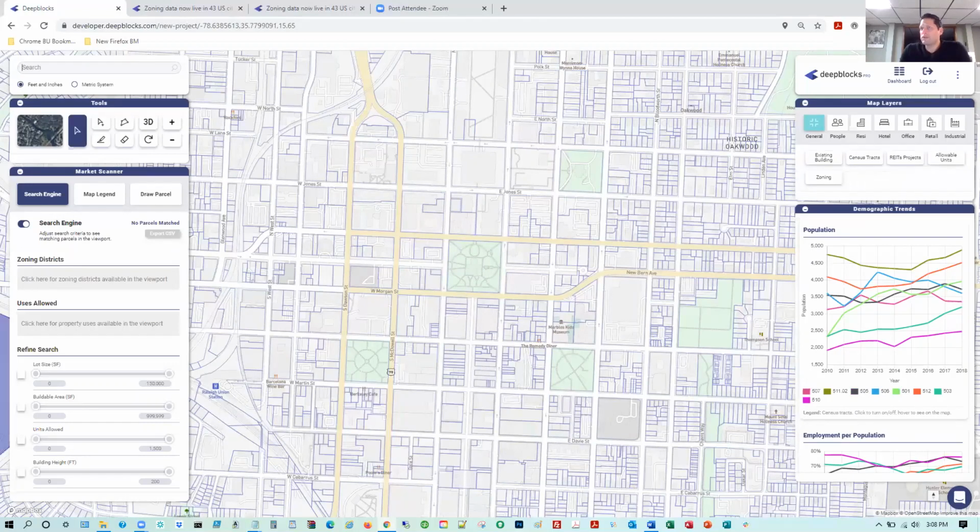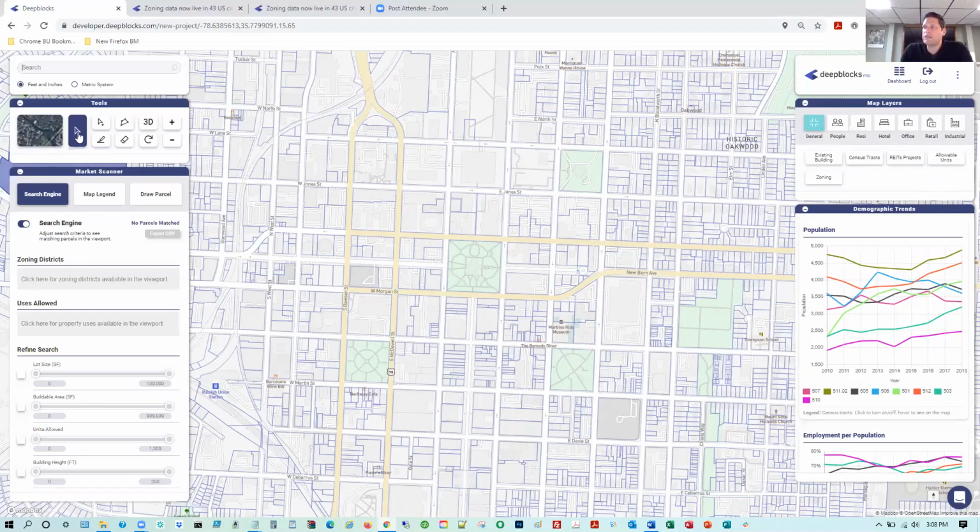Just quickly going through our tool set. This is our satellite layer. You can turn it on and search with that on if you prefer. It's usually very helpful as you start narrowing down your results and have a handful. I like to turn that satellite layer on to really understand and see what resides or sits on those properties. We also have a street view when you select a parcel, to see what truly sits on those particular sites.